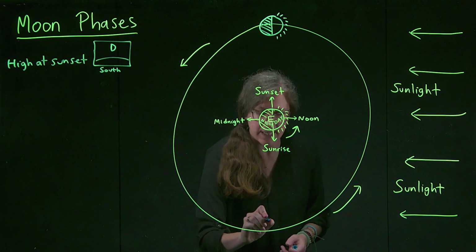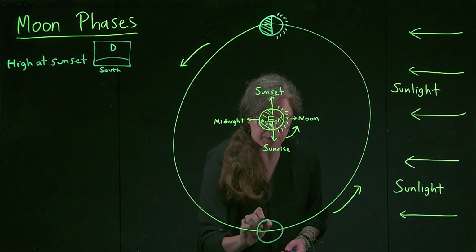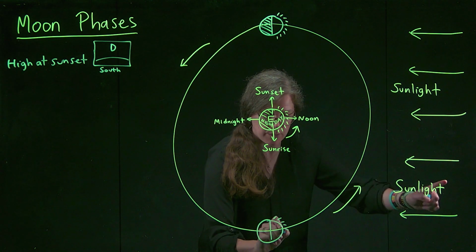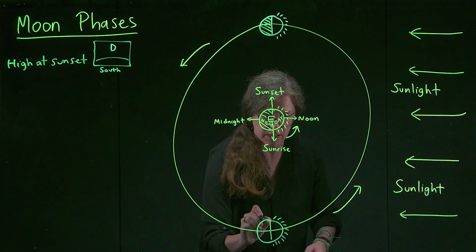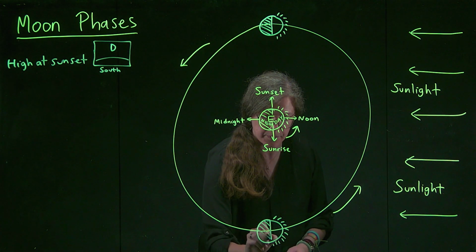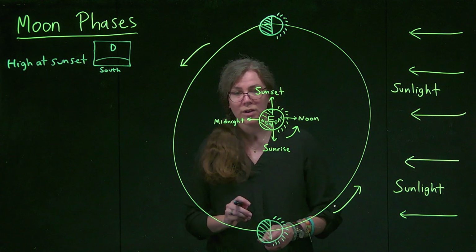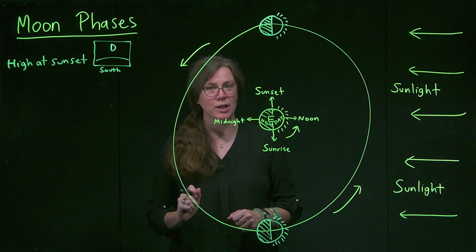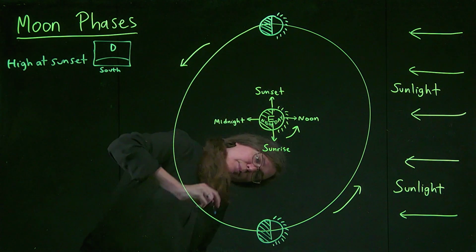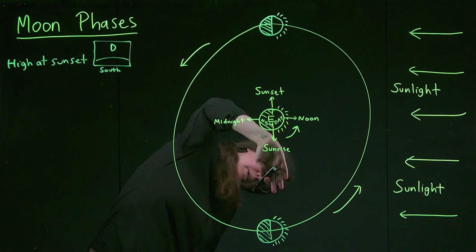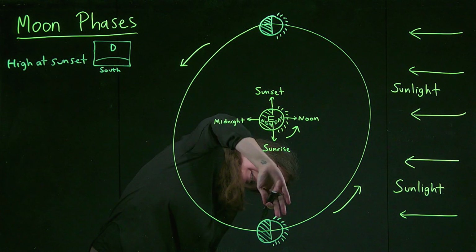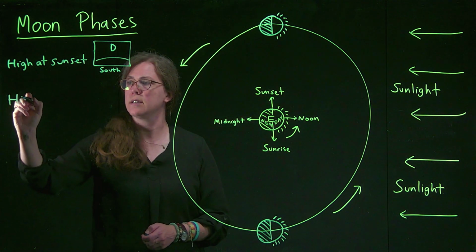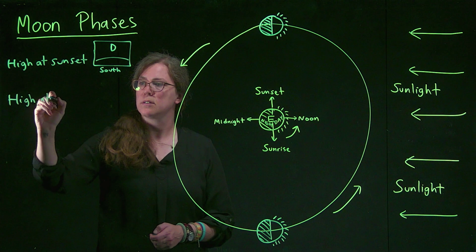But I want us to recognize that if we were thinking about this moon instead, this is still the side that's lit up, because remember, the sunlight is coming in from over here, and this is still the side that is dark. And now it's going to be easier for you to turn your page around rather than try to stand on your head. But if I try to stand on my head, I can see that if I am looking at this moon, the left side is lit up from my point of view, and the right side is dark. So high at sunrise,